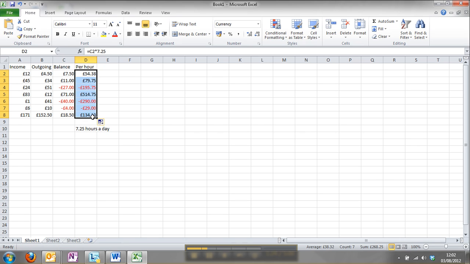Then just as before, if you click on the bottom right hand corner when the little plus arrow comes up, it will copy the formulas and edit them as appropriate, so you don't have to retype them. So again, just to recap,